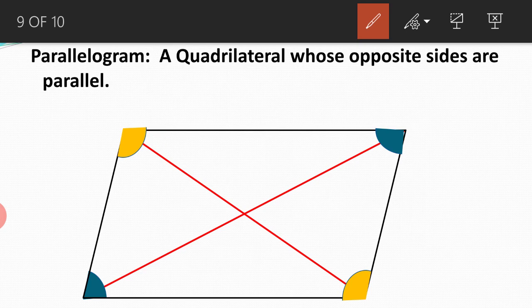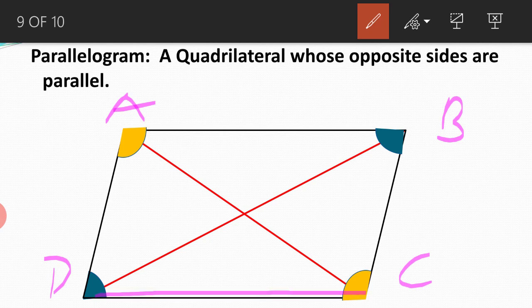As there are two pairs of parallel lines, suppose I write A, B, C, D. If AB is parallel to CD, then AD and BC are the transversals. So is there formation of a co-interior angle again? We say yes. So again you will find angle A plus angle D is equal to 180 degrees. What about D plus C? D plus C is also equal to 180 degrees because D and C are co-interior angles for AD and BC, with DC as the transversal.